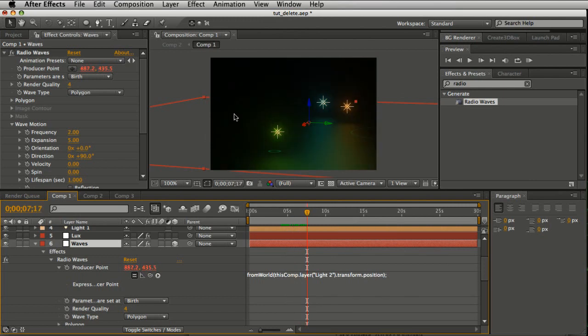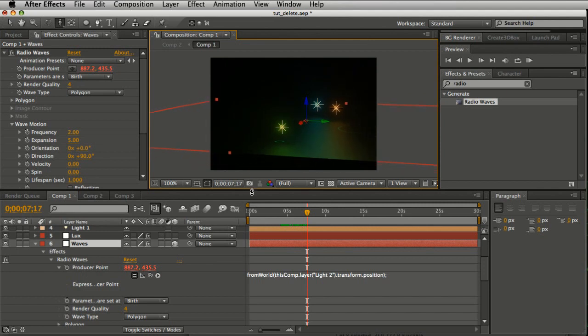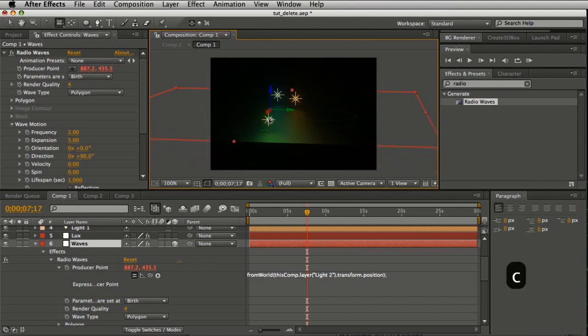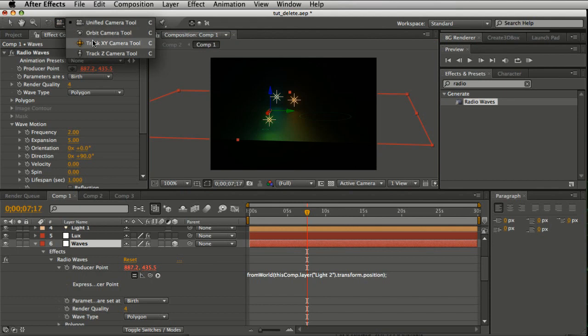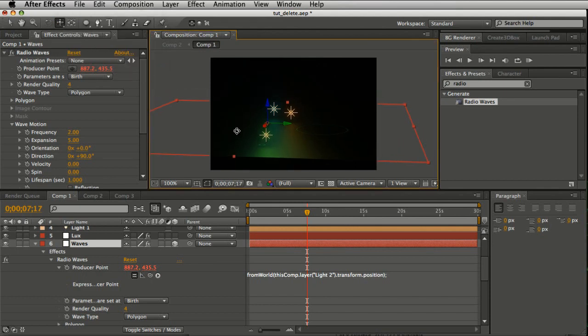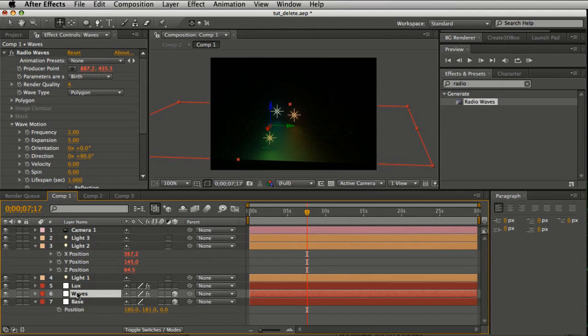Actually, let me just zoom out a little bit. You know what? You guys can have a bigger solid and all. It's not a big deal. But let me just show you what exactly I was going for. Okay. Now, in the same way, duplicate this